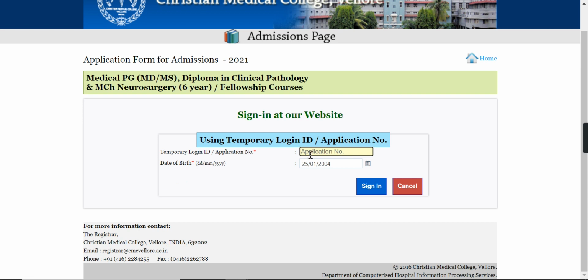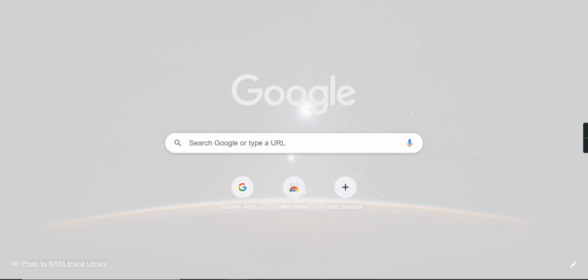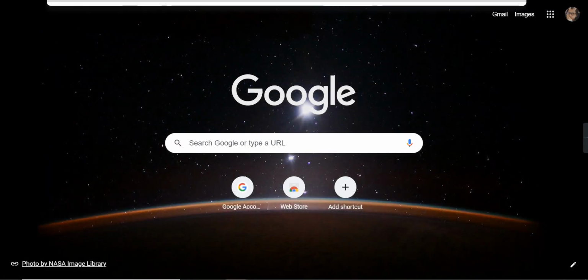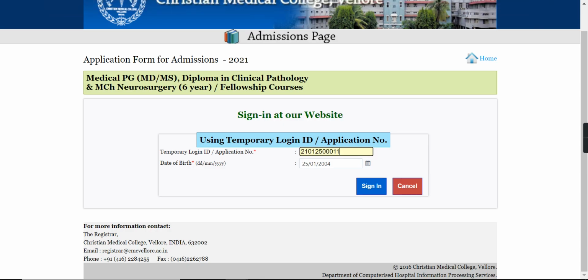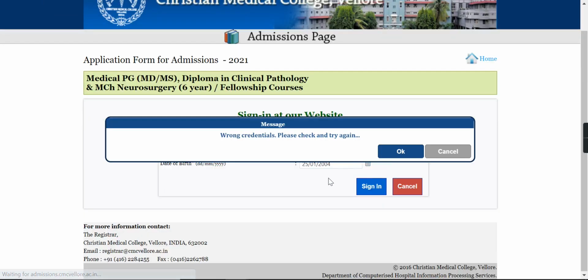So here you will write the application login ID which has been given to me while registering myself, and the date of birth. Let's see my login ID. Okay, great. I'll sign in.